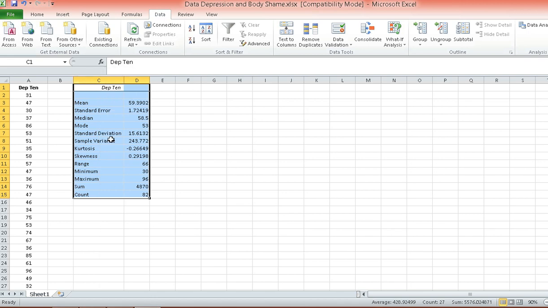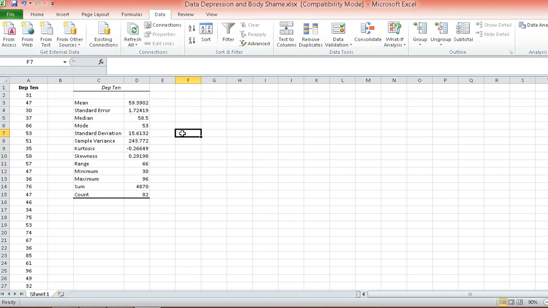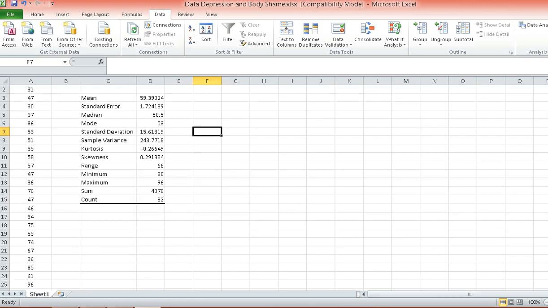So this is the result of our descriptive statistics, but for the purpose of doing frequency distribution, let me highlight the things that we'll be needing, particularly the range, the minimum, and the maximum.